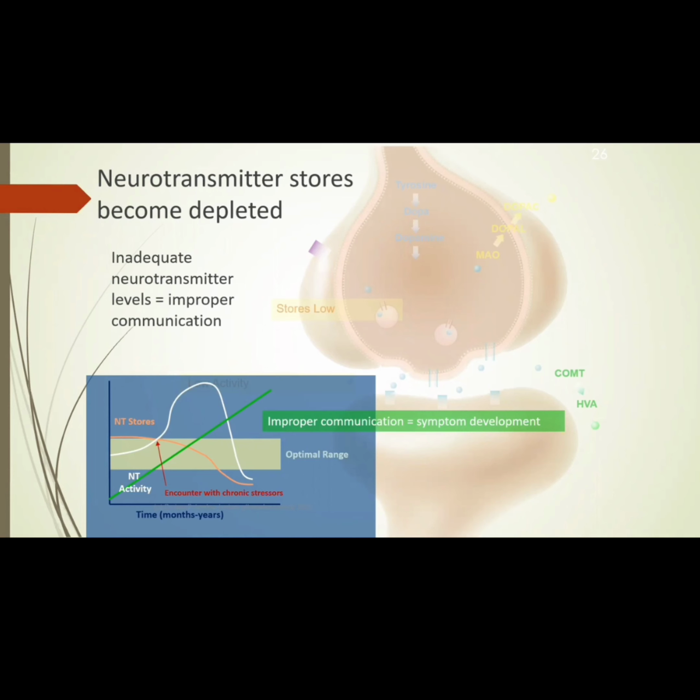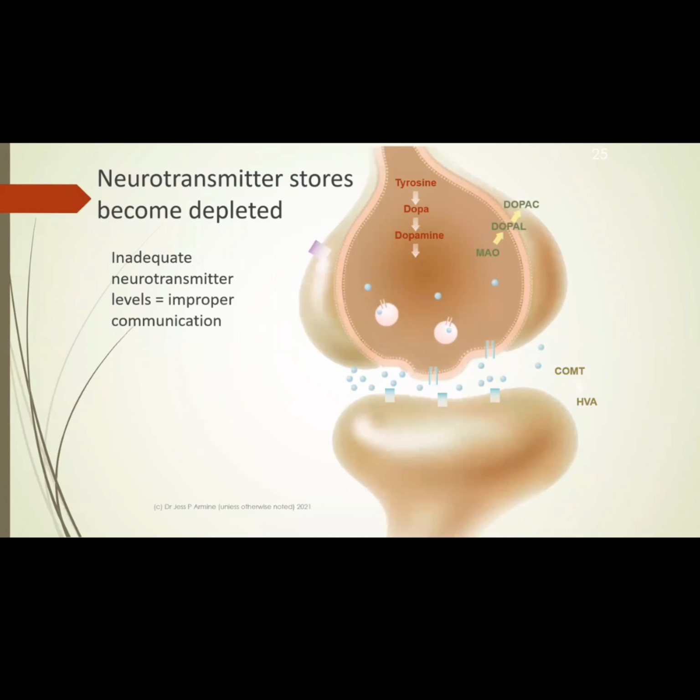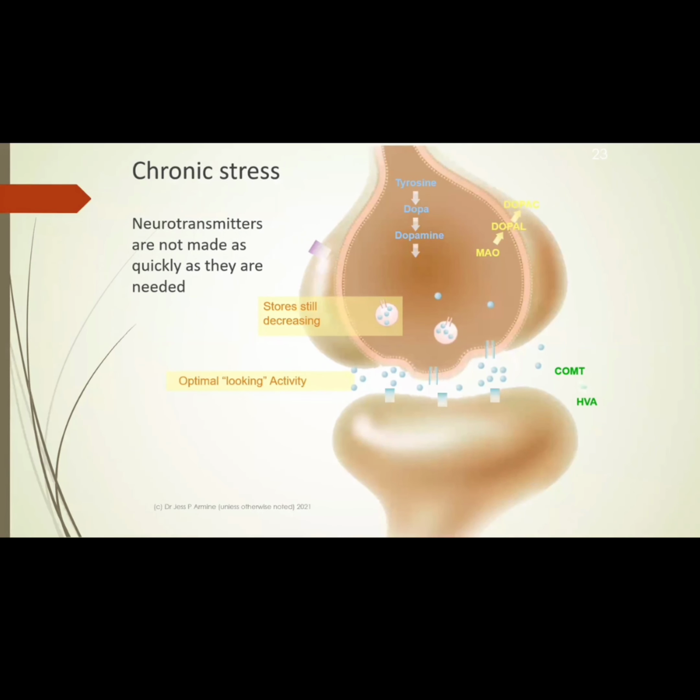Okay, what does a medication do? I'm going to go backwards a little bit to this optimal looking activity. What the medications do, what an SSRI, SDRI, SNRI does, is they are reuptake inhibitors. Part of the neurotransmitter's volume in here is based not only on what's being put in and being broken down, but on the reuptake mechanism. What the medicines do is interfere with part of that reuptake mechanism, thereby giving you more of the target neurotransmitter in the synaptic cleft, giving you optimal looking activity. And guess what? This can hang out for a long time.